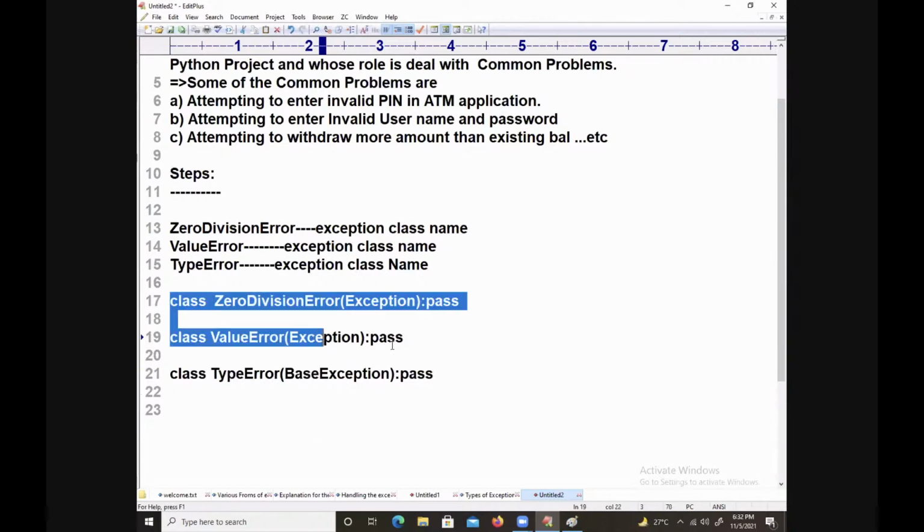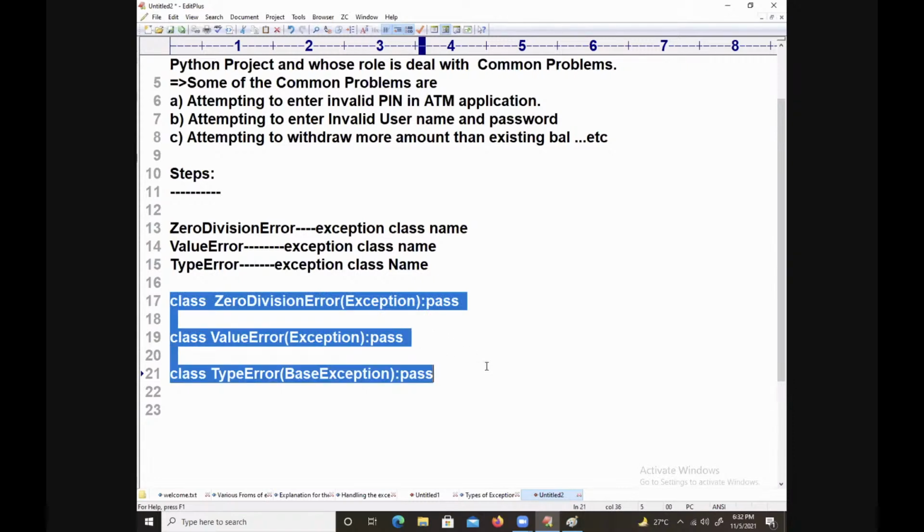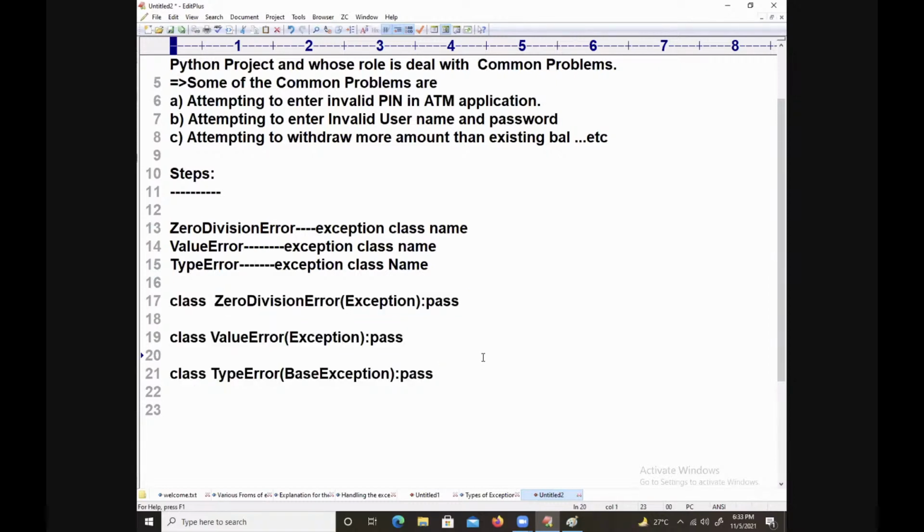Is this understandable, my dear students? All of you, please confirm. It's very simple. Any exception you want to develop, you must choose the class name. Step number 1.